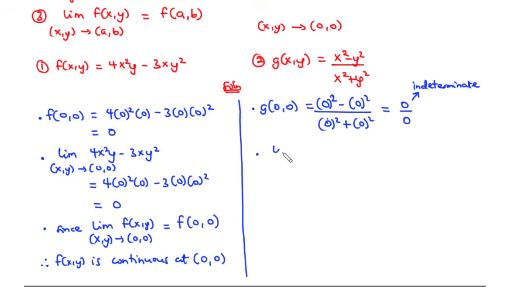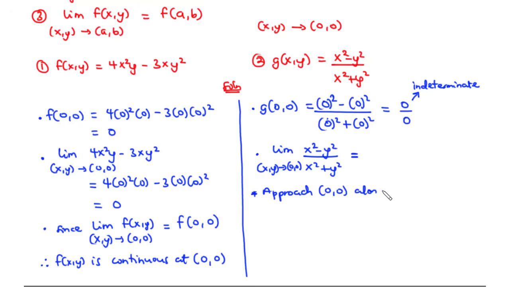So we try to find the limits of this function, that is the limit of the function x squared minus y squared divided by x squared plus y squared as xy approaches the point 0, 0. So what we are going to do is we are going to approach the point 0, 0 from two different directions. So first of all, we are going to approach the point 0, 0 along the x-axis,